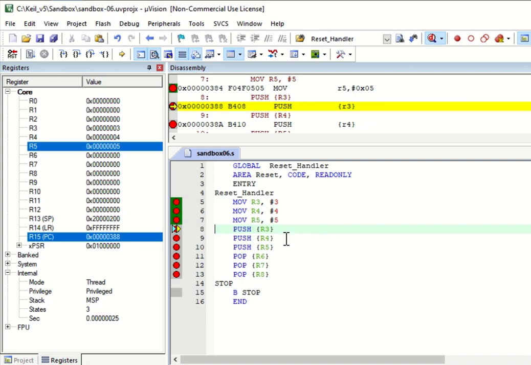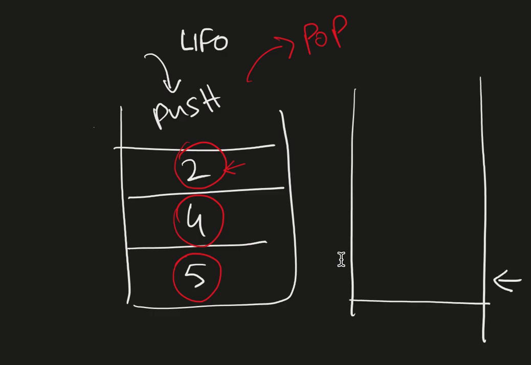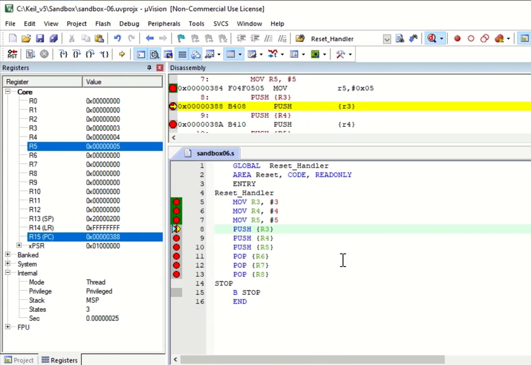Now, what happens here is I use the command push, and it's pushing the value of R3 into the stack. What's in R3? I've got 3 stored in R3, okay? So it's going to push 3 into my stack. Meaning, if this was my stack, in fact let me draw another stack on the side of this. So if this is my stack now, I am going to push, say, 3 into this stack,